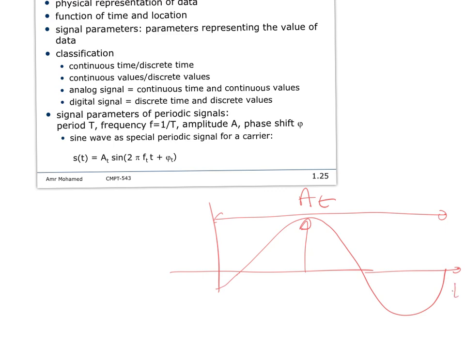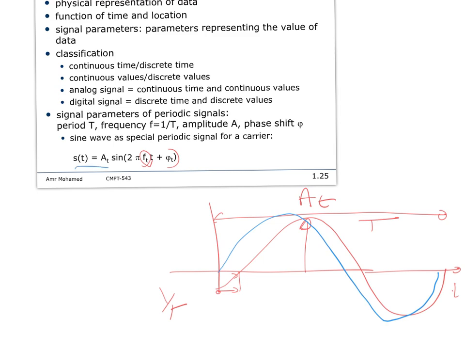This is the time domain, right? This is the period length. So the frequency is 1 over T, right? This is the frequency. And the phase is actually this shift. This is the phase value. So if the signal starts at time 0 with value 0, we call that the phase is 0 in that case. Phase is 0, right? If the signal is like this, this signal has a 0 phase. So this is a simple sine wave.